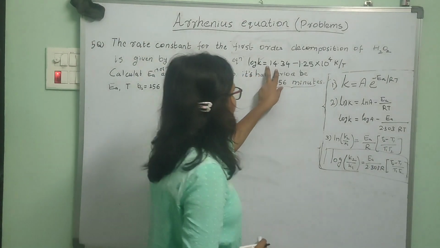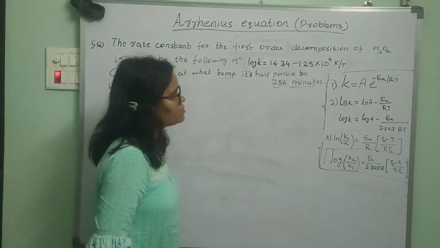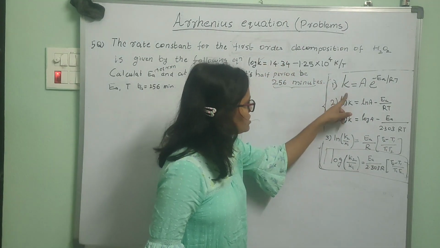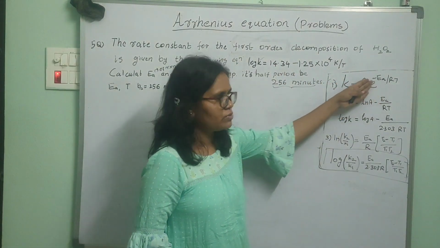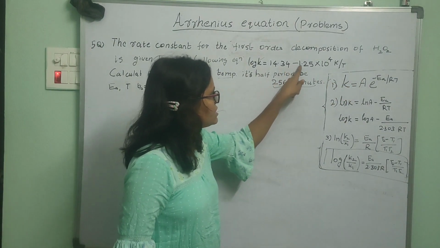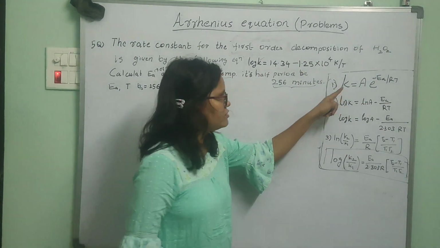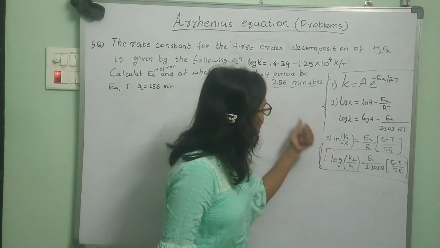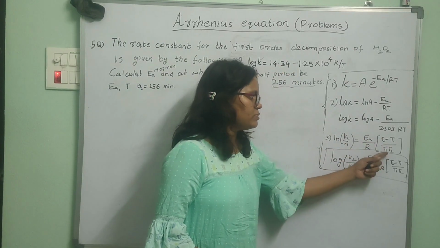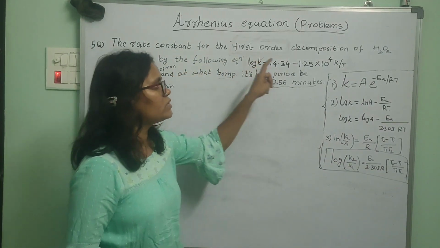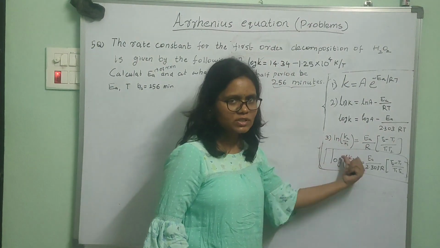So when you look at this equation, just try to compare this equation with any of these equations. If you try to compare this with this equation, is it not of the form k is equal to A e power minus Ea over RT, right? There is one term minus this, right? So this equation cannot be compared with the first equation. Now if you see, can you compare this equation with this third equation? So third equation involves two rate constants and two temperatures. But here you have only one rate constant and one temperature. So this equation can also not be compared to this third equation.